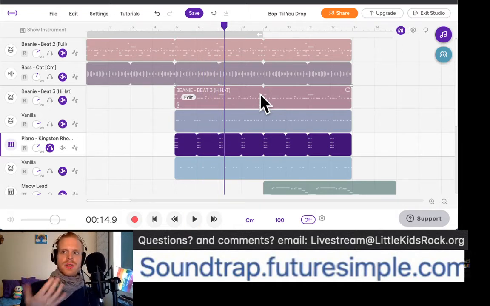So don't think that just because you like one part of a loop, but not the whole thing, that you have to stick to the entirety of that loop. You can take just a little piece of it if you want. And that's a really fun thing, is that it allows you to take these pre-written elements and really customize them,